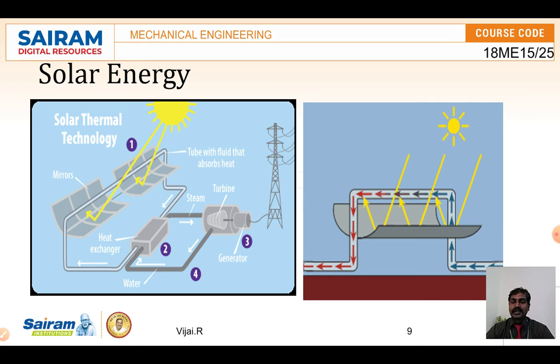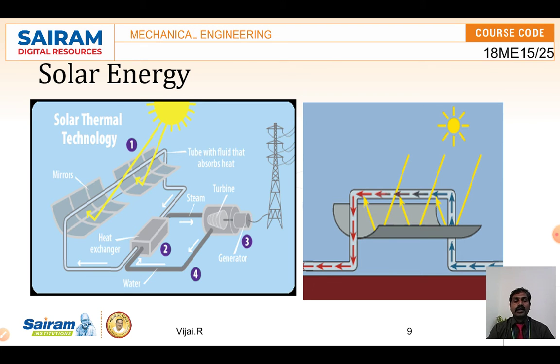There the water is heated, and this hot water exchanges heat with the help of a heat exchanger, number 2. In the heat exchanger, the hot fluid transfers its heat to another pipe carrying a fluid that can absorb heat and does not vaporize easily. That transfers the heat to water, which becomes steam and falls on the turbine to rotate it and generate electricity.